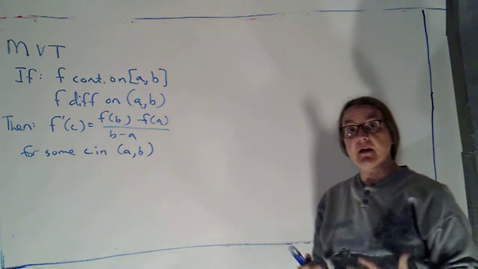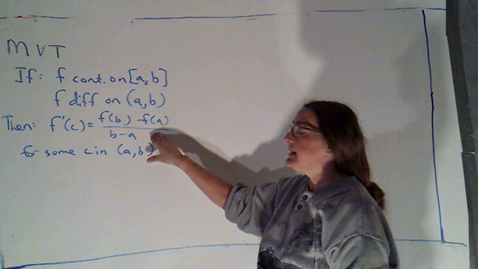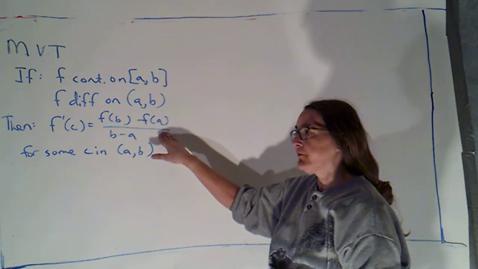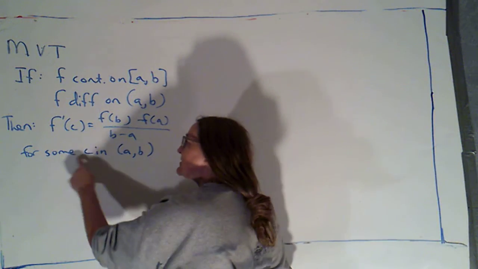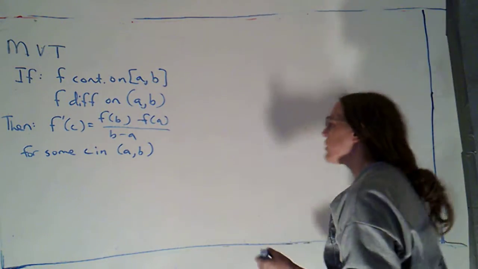I can think of it geometrically as the slope of the tangent equals the slope of the secant. In applications, instantaneous rate of change equals average rate of change. And that's true for some value c in the interval from a to b. Why don't I just draw a picture